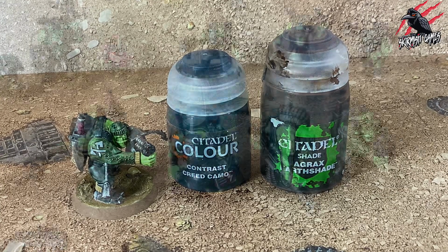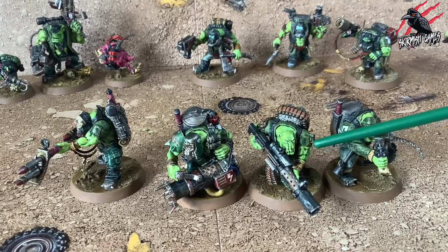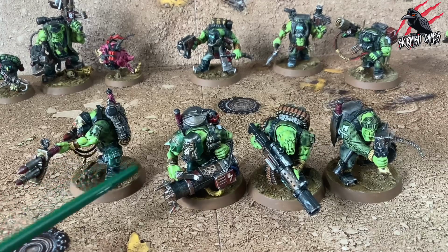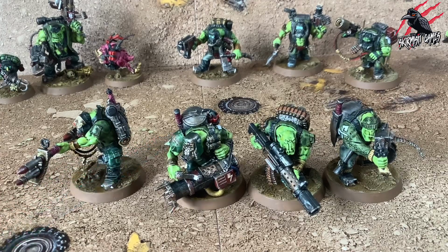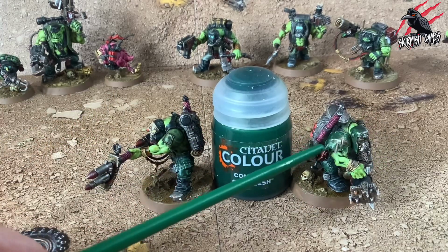over the top. This is the colour I've used for all those jumpers and t-shirts and things that they're wearing, so you can see here on the Sniper, the Dagger Boy, and the Rocket Boy. These two are a little bit different in colour though on the armour, and for that I used a contrast